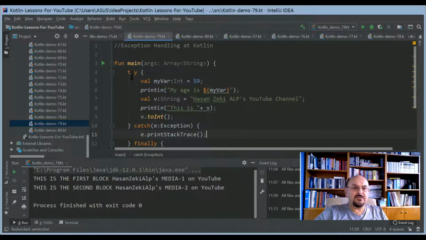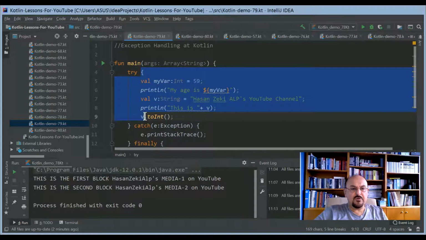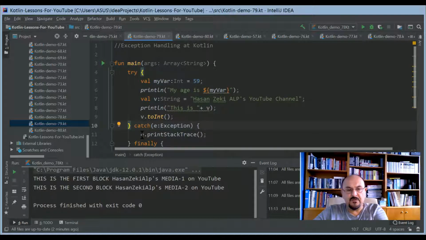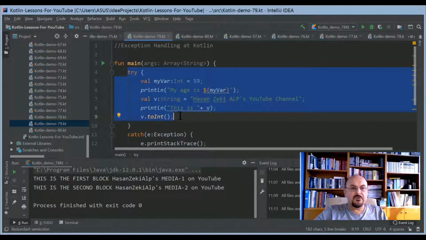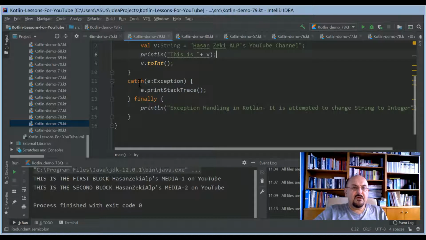So the structure is try, this is a curly bracket, up to here, just I can show here, and within this try block your code will perform, and catch exception. So I declare extra code here, and finally is a keyword that is always performed, and it indicates that at the end of this exception and error handling,